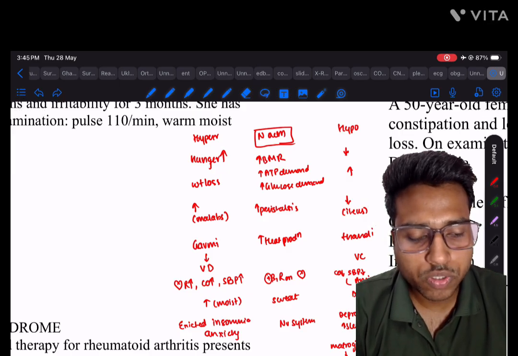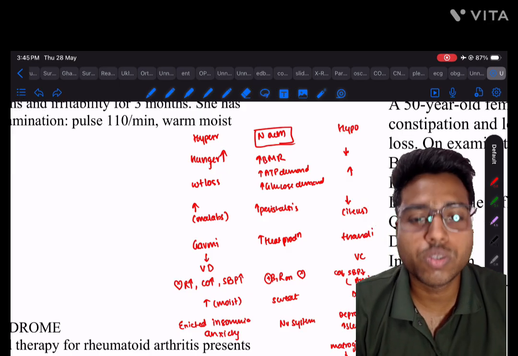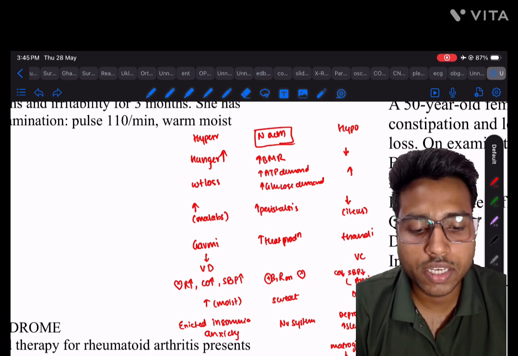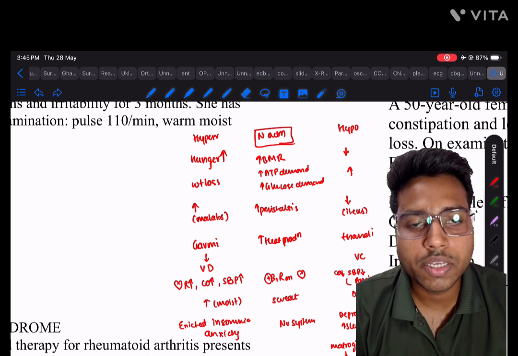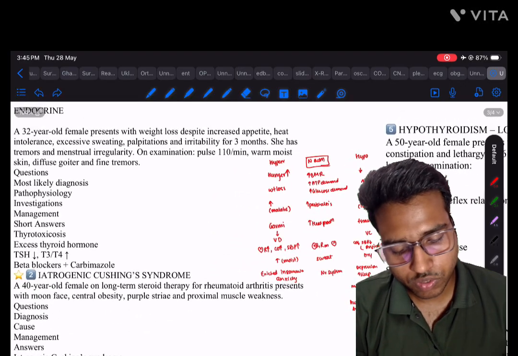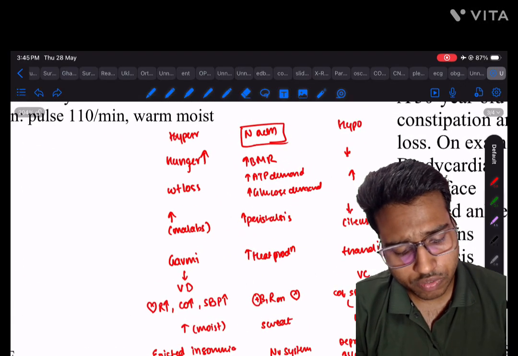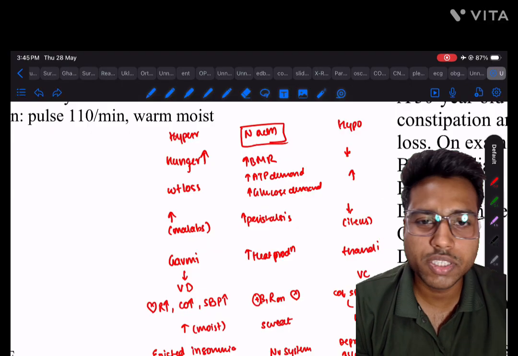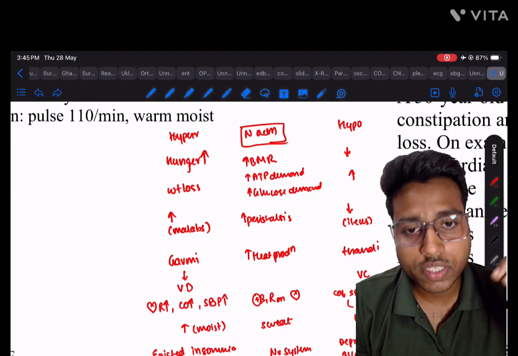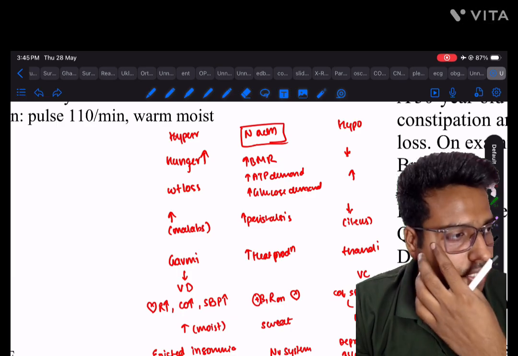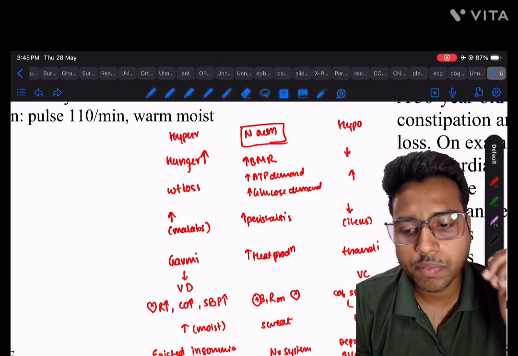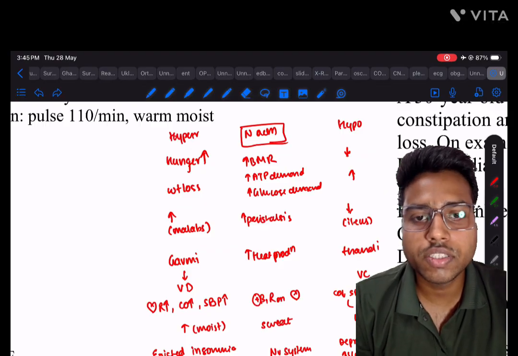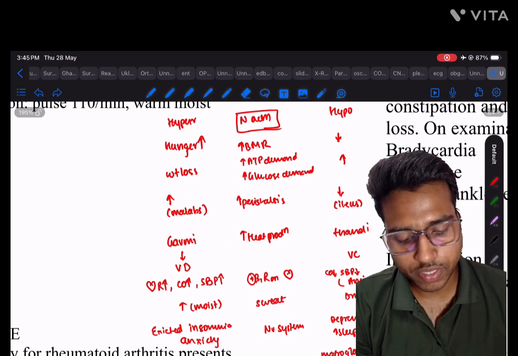So in hyperthyroidism, where most of the common causes, or many of the questions: what is the cause for the edema? What is the cause for the high heart rate, or tachycardia, or tachypnea? So today we will start this differentiation between hyper and hypothyroidism, not the basic one that heart rate increases, sweating occurs, okay, in clinical format. So I thought that studying everything in MBBS should be able to answer in the clinical exams, practical exams also.